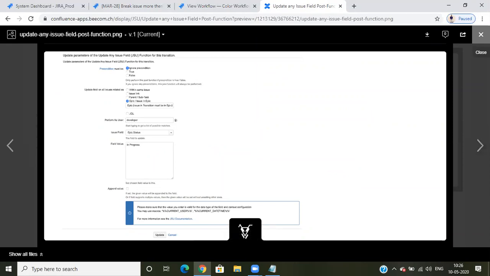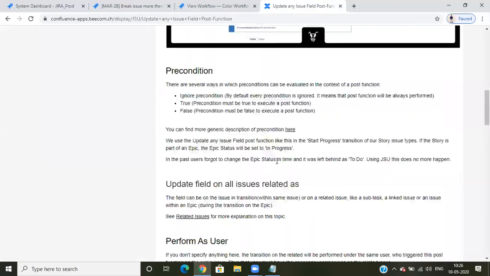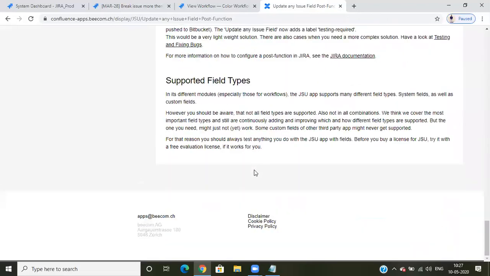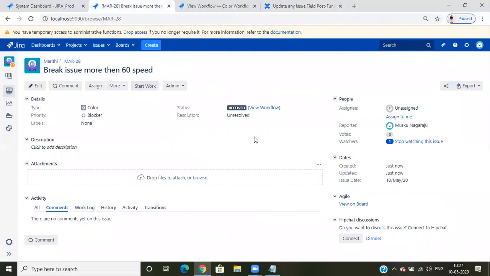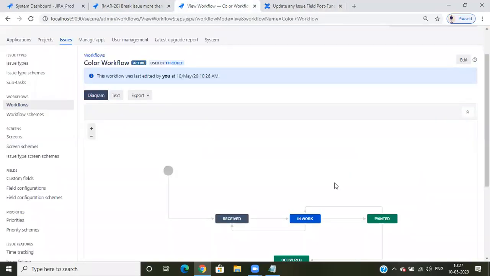If I create a ticket, suppose subtasks or linked issues, anything we want to change, we can change with the help of this as well. The exact requirement you may or may not get, I don't know, that is based on how your organization is using it. But we need to know how it works. So I'm showing a little bit here, that's why.